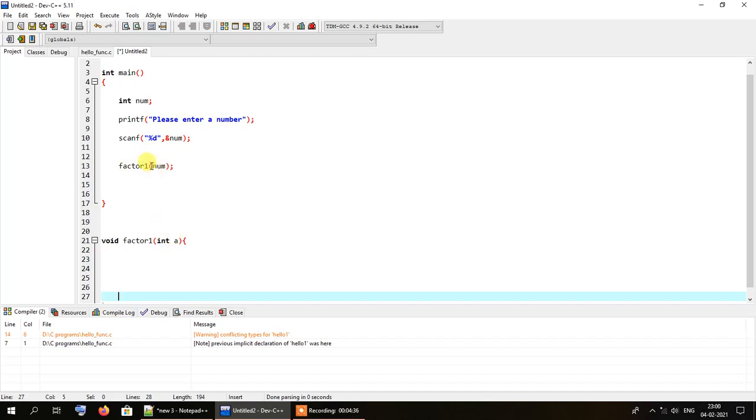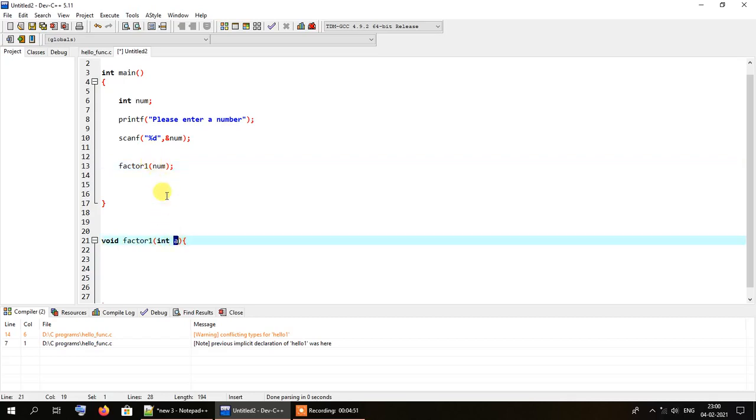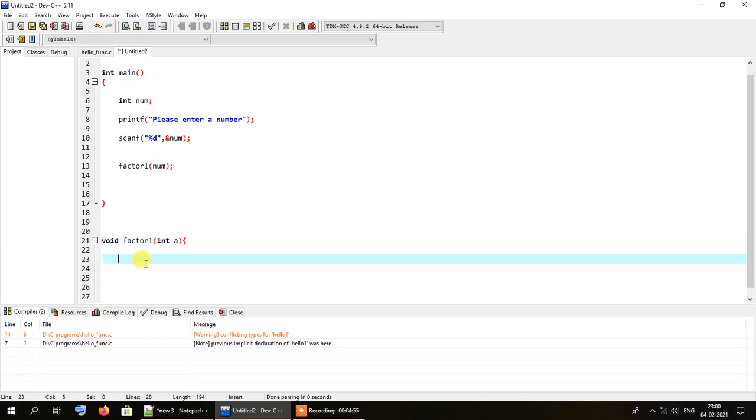So we are essentially passing the number by value. This number itself will not be passed. A copy of num will be passed, and it will be stored in this function's parameter called a. So a copy of num will be transferred to a, and using this value of a, we'll be calculating all the factors of num.